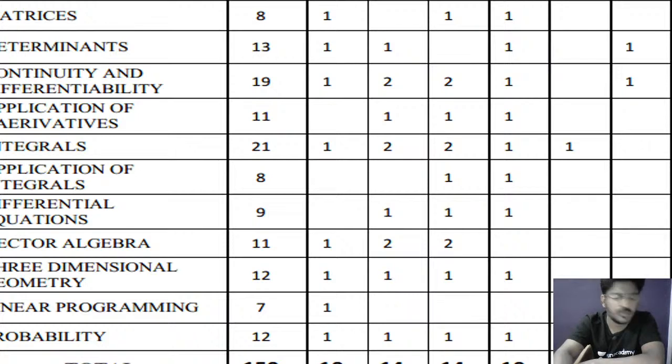For this year, properties of determinants is already cancelled because of your reduced syllabus. You can see that is already cancelled. So in the place of properties of determinants, they can ask one of the questions from matrices of order 2